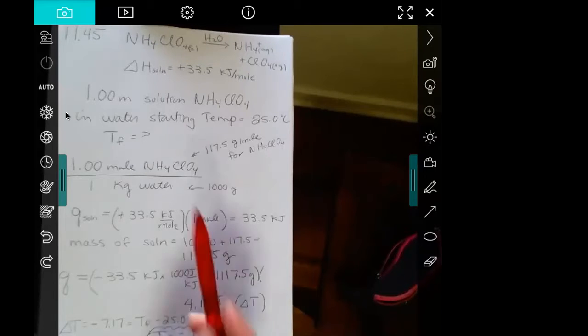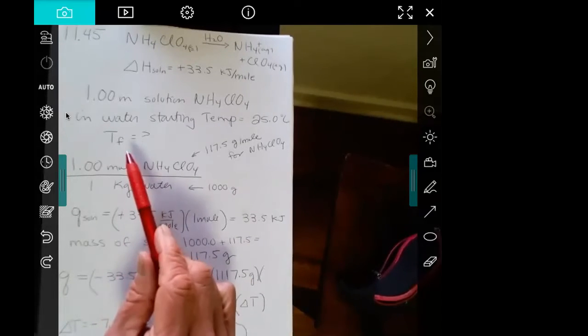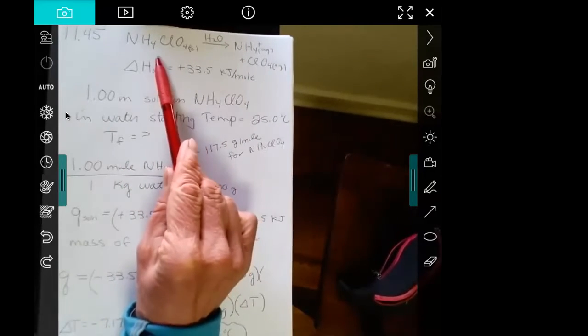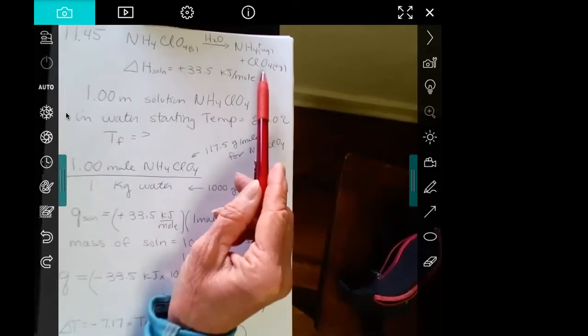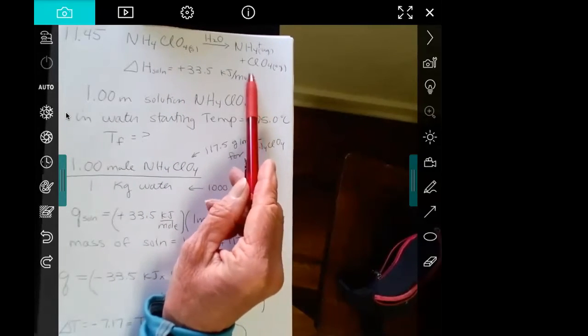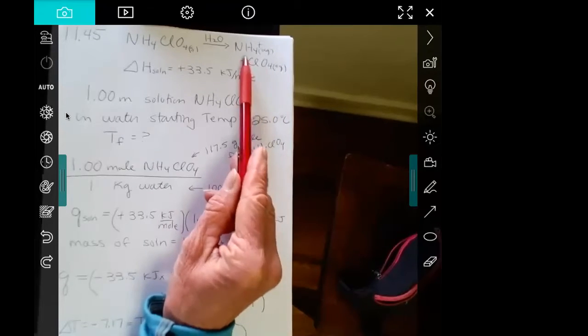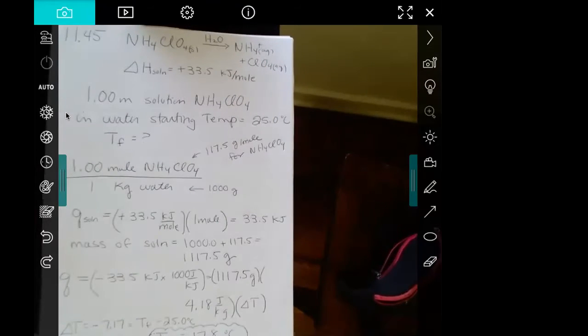So in chapter 11, we talked about when something dissolves, it can either be exothermic or endothermic. So this is asking us what will be the final temperature of a solution. So the question is, what's the final temperature if we dissolve this ammonium perchlorate in water? And so what we get when we do that, we don't really need to know for this problem, but to remind you, it's going to separate into ions, and we'll then call those aqueous because they're not a solid anymore. So the solution